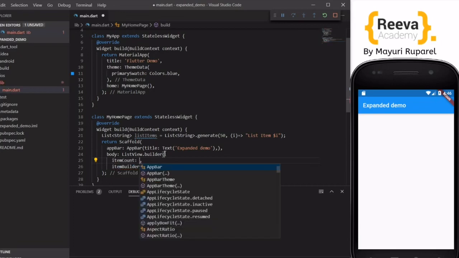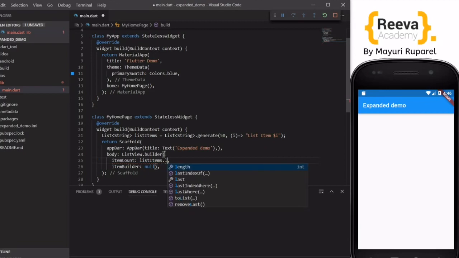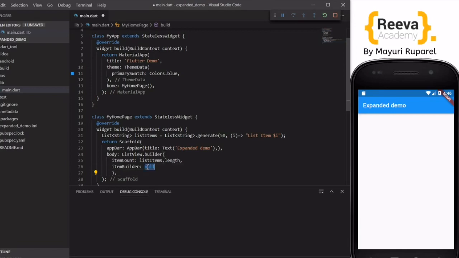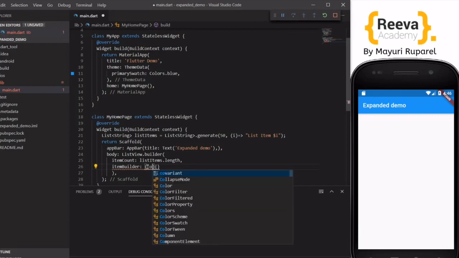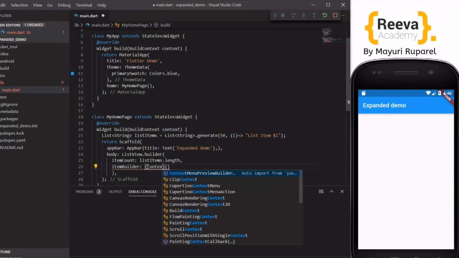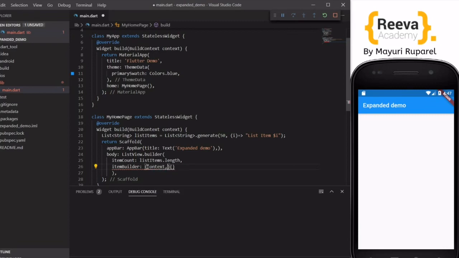I will add the item count function. This item count function is basically the count of the list items which we have created, and this item builder function is almost similar to your for loop. It will take context and index,